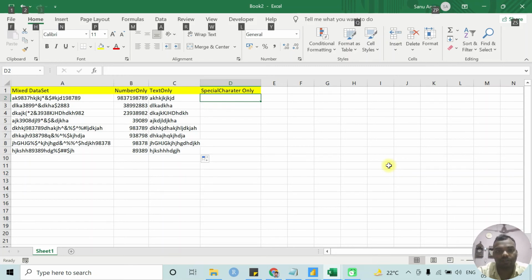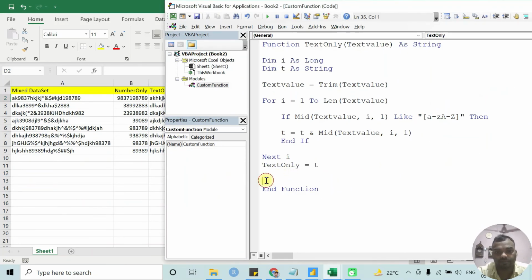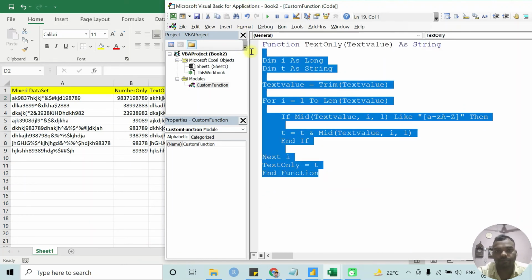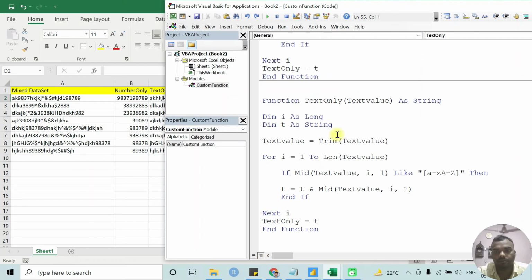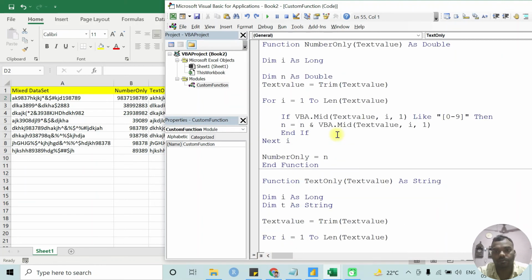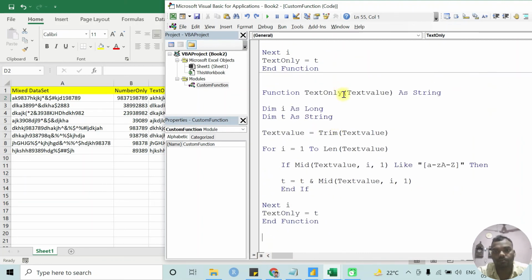So we are going to create a special character function. Please copy this function to create it quickly. Yes, this one.